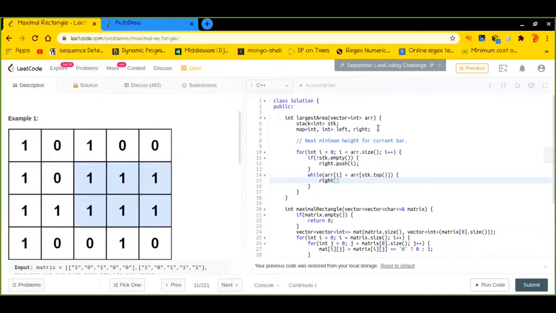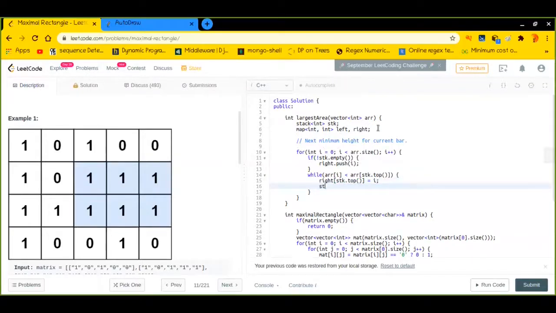The entry will be the right of the current element, where the current element is stk dot top. The next minimum value will be i. Then I have to pop it out.